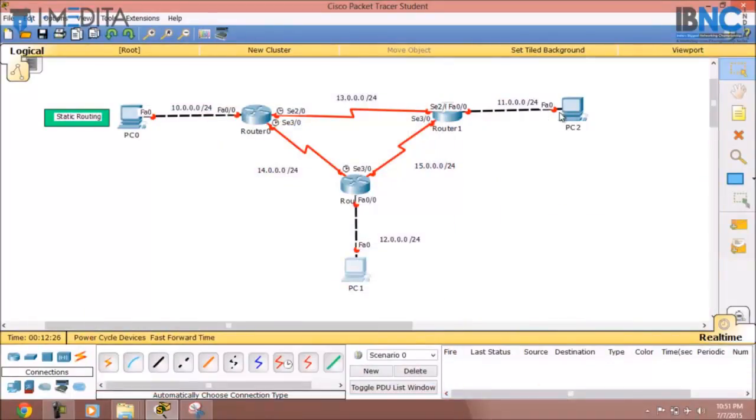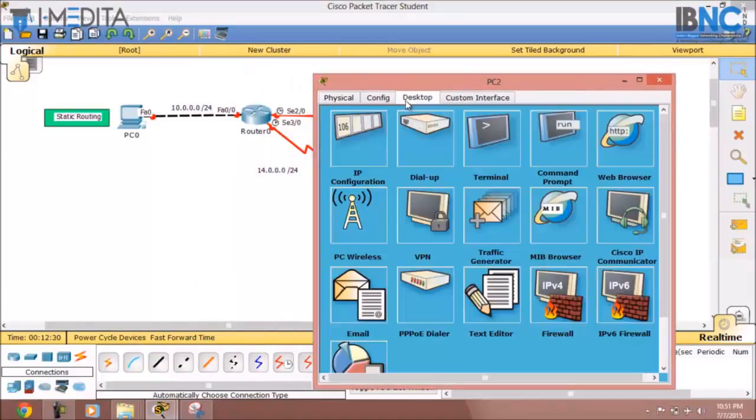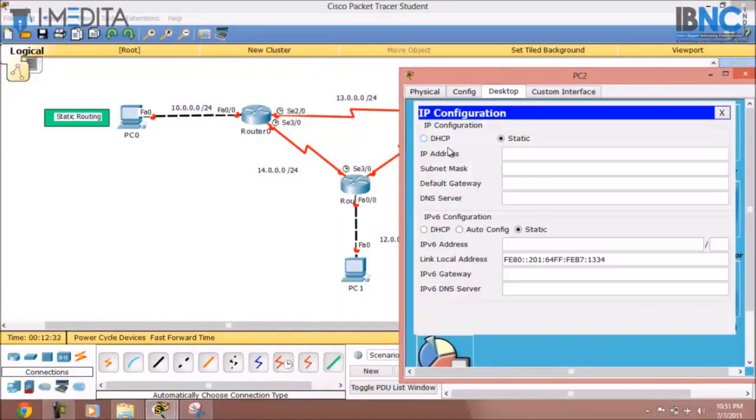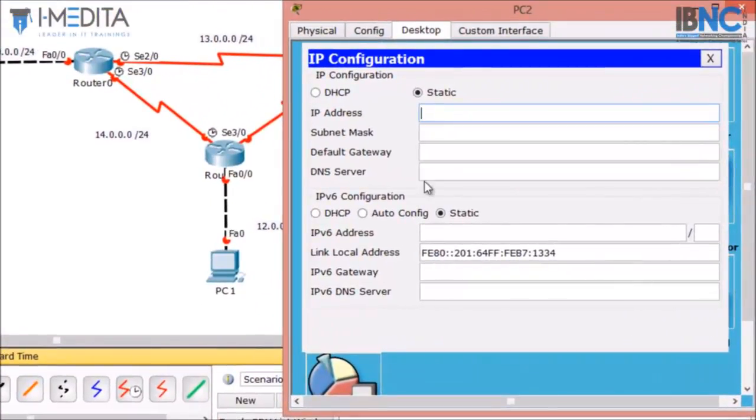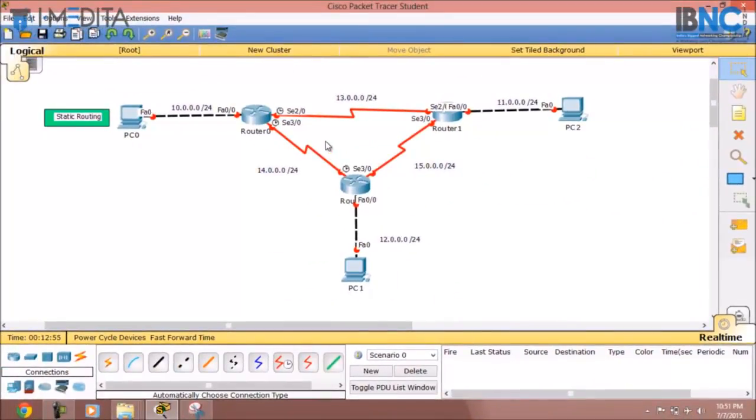Now we will configure the host 3, that is PC2. On the desktop mode, click on IP configuration and then I will assign the IP address 11.0.0.1, then tab 255.255.255.0, then default gateway value, that will be in this case 11.0.0.2.